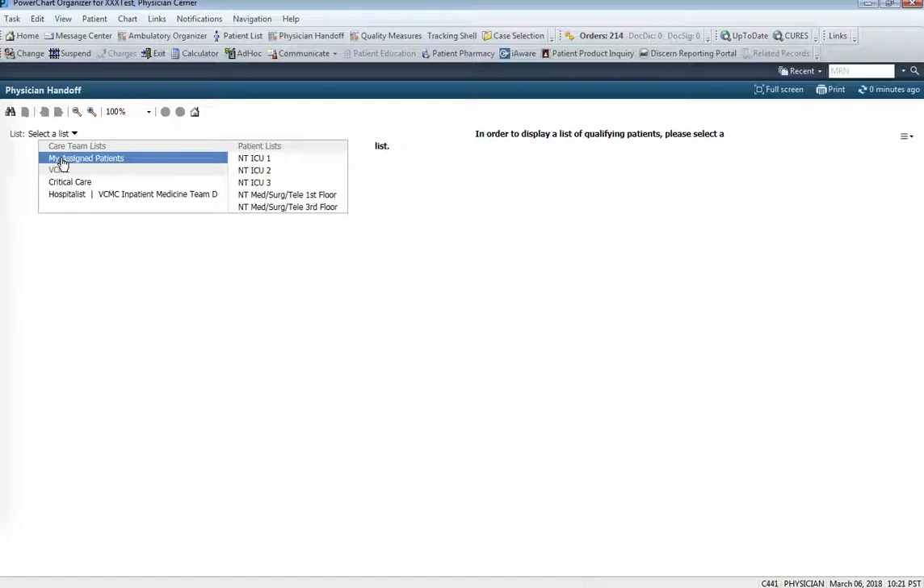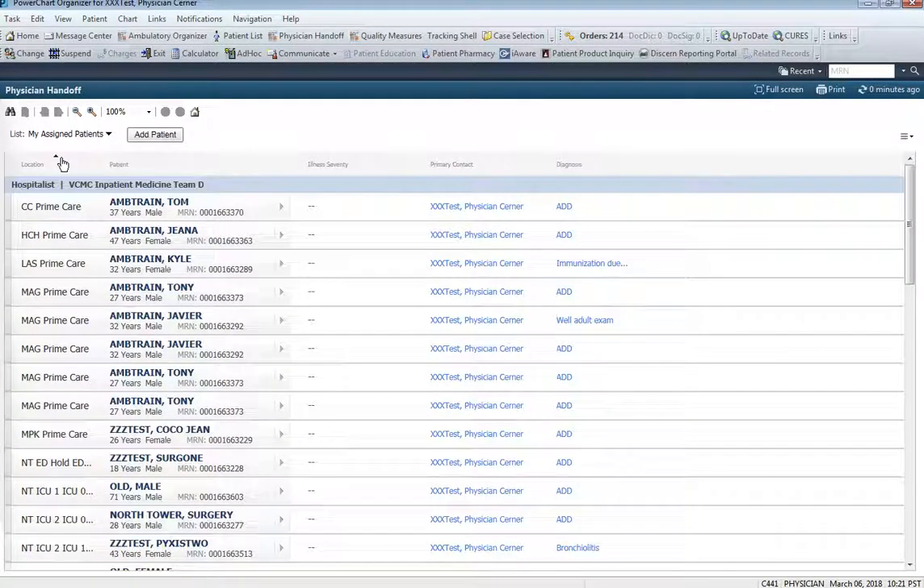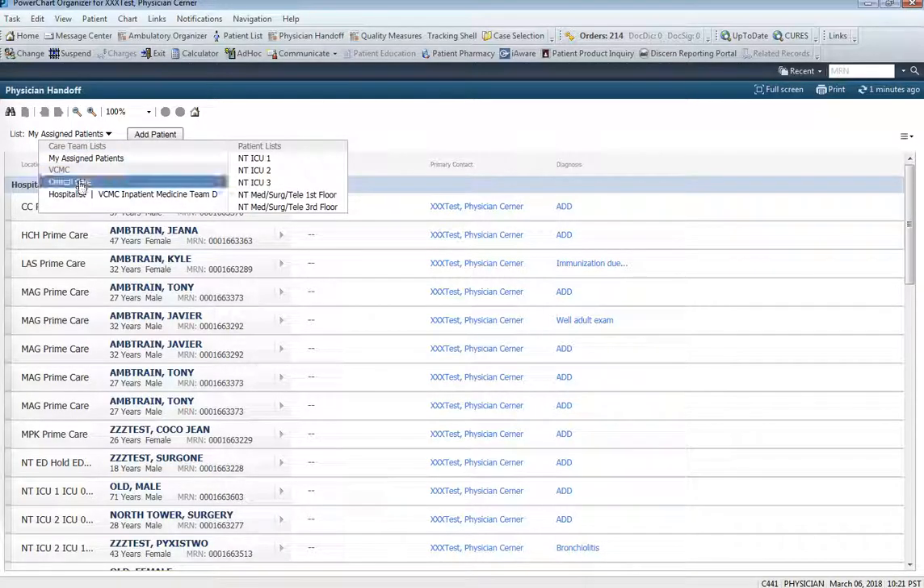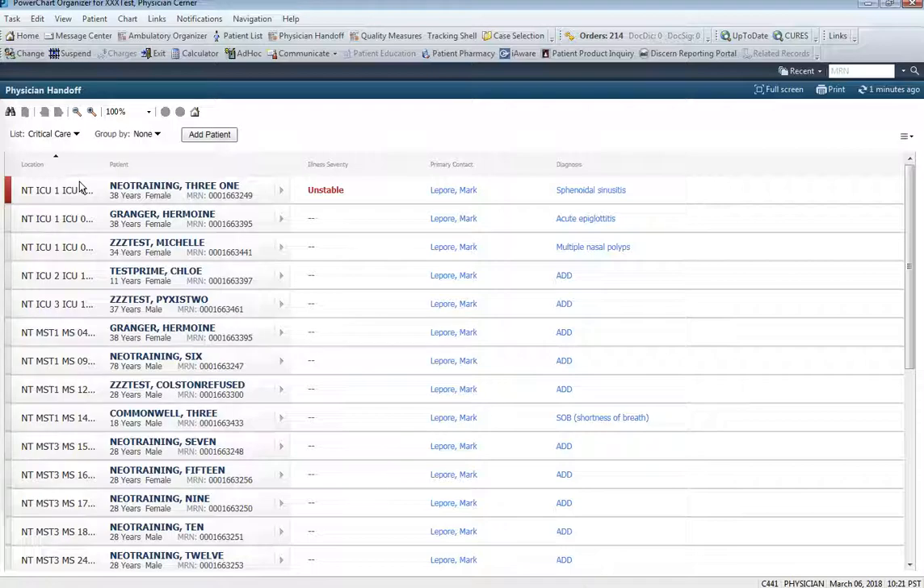You can select my assigned patients. So any provider can be associated to multiple different care teams, and you could have patients assigned on various teams, and any patient could be assigned to different care teams as well. We're going to go back to the critical care list and look at what we can see here from the